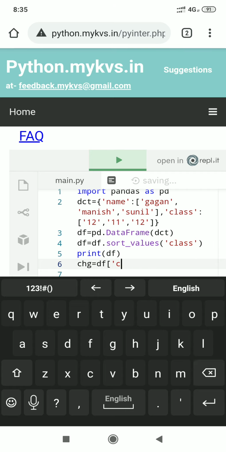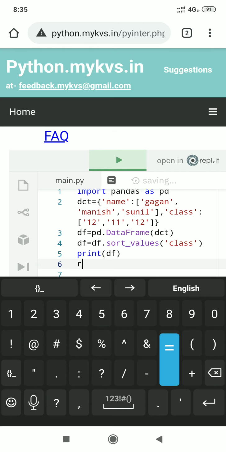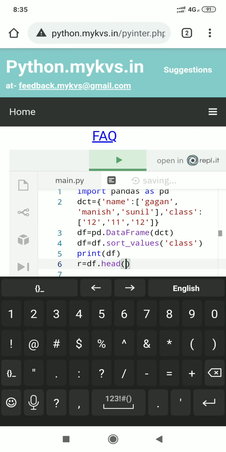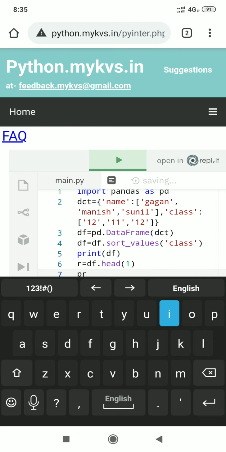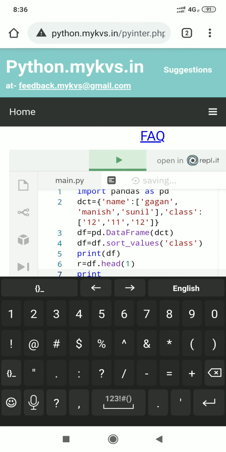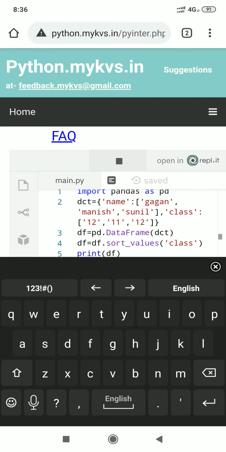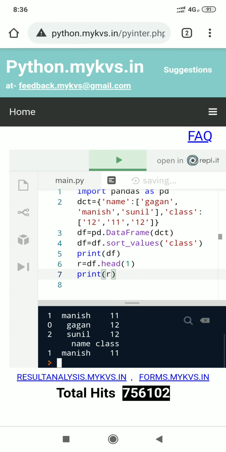I create another data frame with the name R, now I apply df.head(1), and now I display the value with print of R. Now I execute the program.